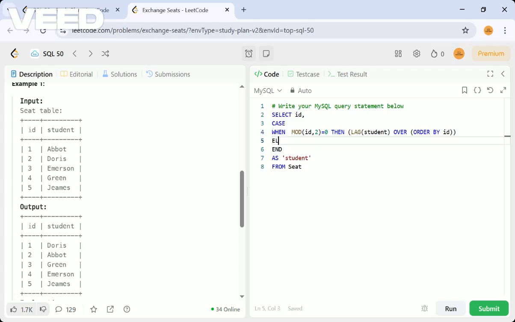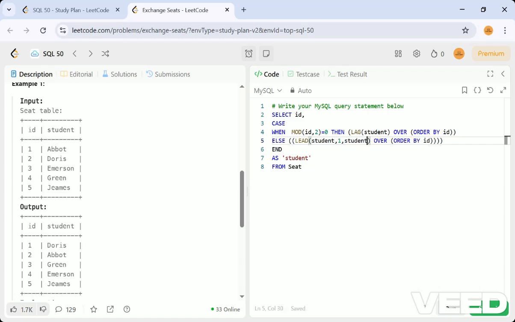Or else they want similarly this one. Now this lead is nothing but the upcoming record data, we'll get with 1 comma student.